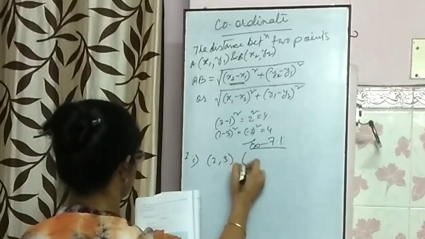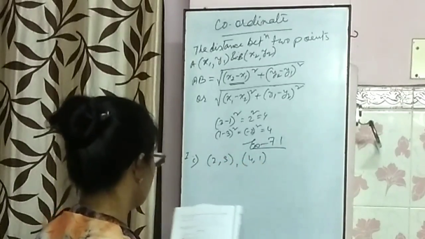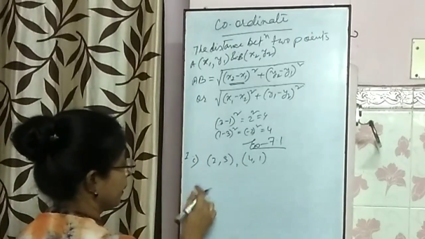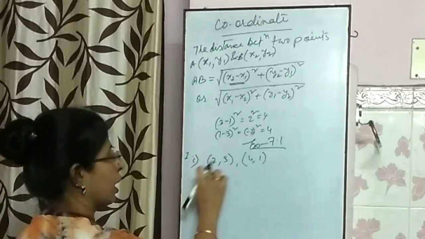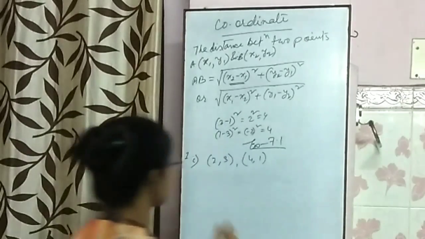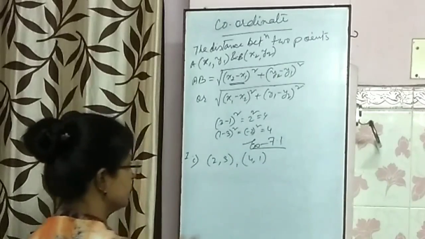The points are given. The distance between the following pairs of points. Simply, we can mention the required distance, or by naming the points we can also say. So if we are given these 2 points, to find out the distance